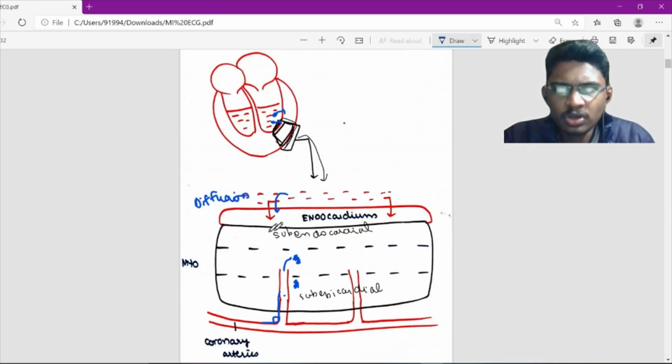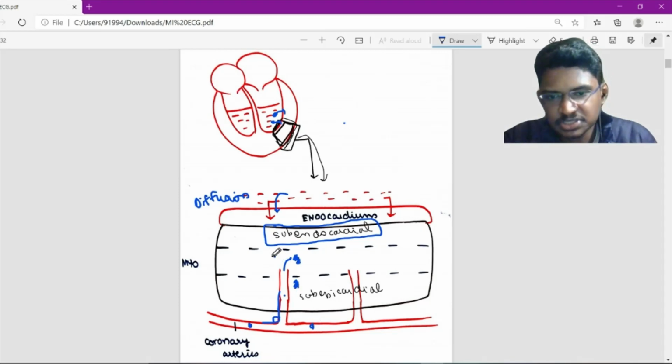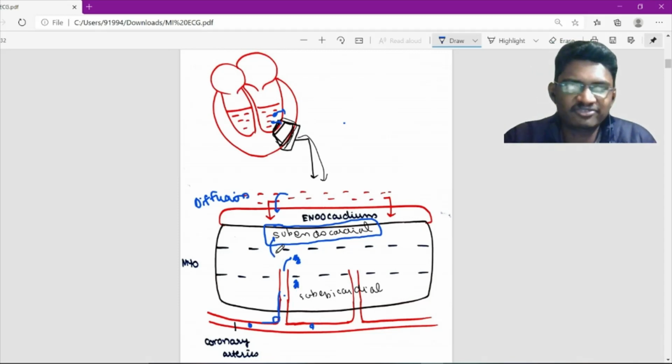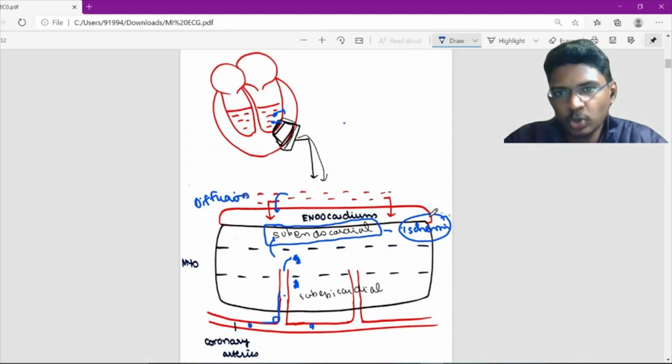Okay, so this portion of the heart is vulnerable to ischemia if coronary arteries are blocked, since this is the distalmost portion receiving blood flow from the coronary arteries. So the earliest manifestation will be subendocardial myocardial ischemia. This is the earliest manifestation in ischemic heart disease. Okay, so how does it manifest? As we told, the initial clue will be there in the T waves.